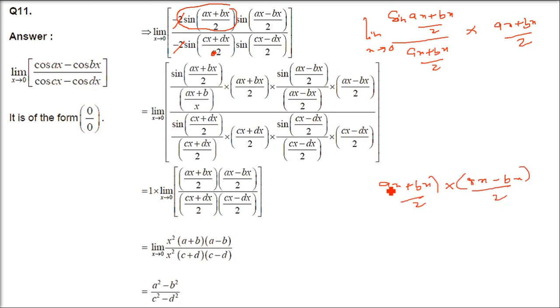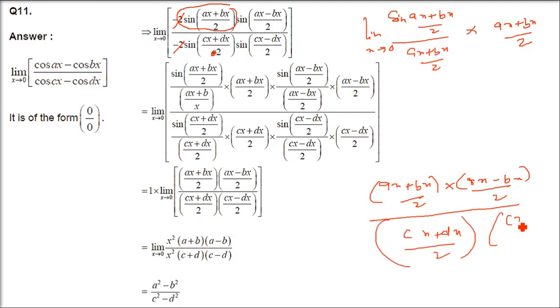Similarly, in the denominator also, if you see cx, same thing. I am just writing the final result. So (cx plus dx) by 2 and then we have (cx minus dx) by 2. Okay. So this is x times x, you can just take out, or you divide everything by x. X I am just taking out from numerator and denominator. X square will come. Similarly, x square from the denominator, x square gets cancelled.